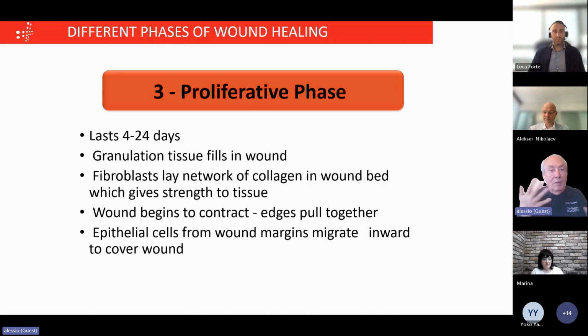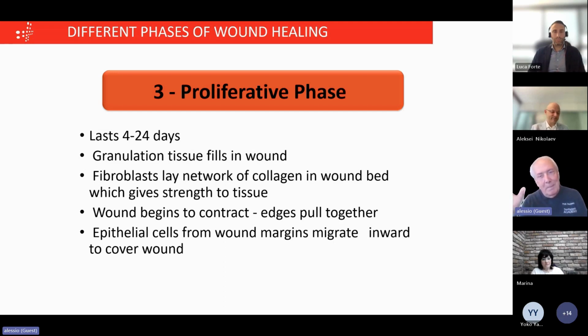You see that if you have a good healing, you have the granulation tissue and fibroblasts that lay a network of collagen in the wound bed, and the wound begins to contract, and so you can have this medical lifting with many interesting technologies. For example, the CO2 fractional laser and Sigmolecs